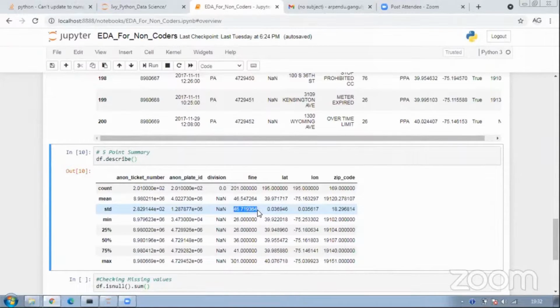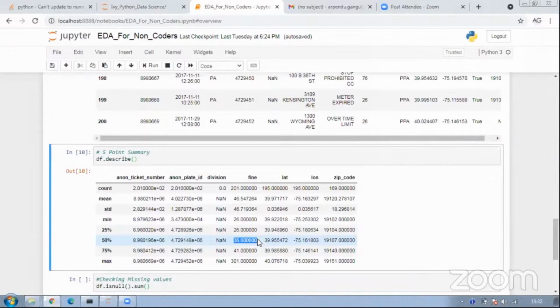So again, from an inference perspective, what can we say? We can definitely say, since our mean, which is 46, and median, which is around 36, are not exactly the same, that obviously there is a presence of certain outliers.